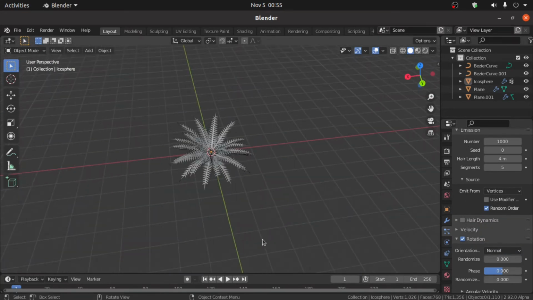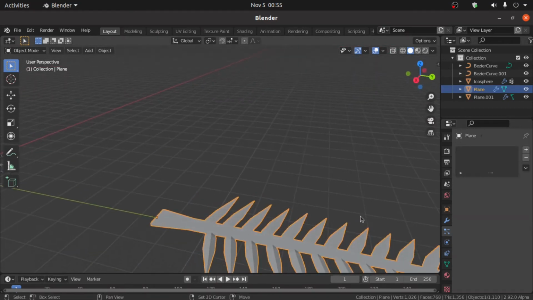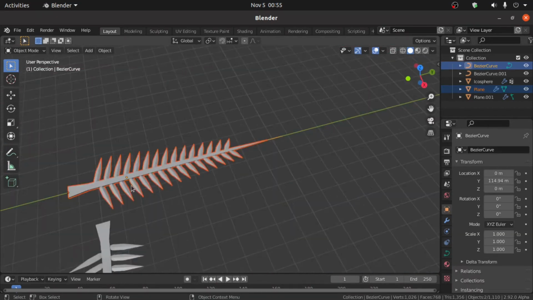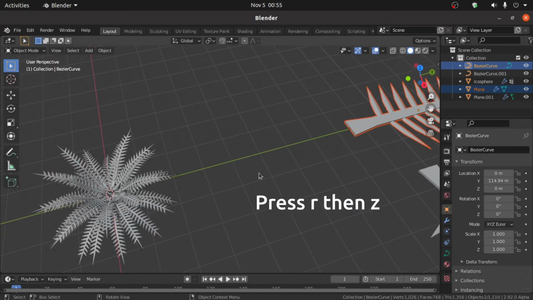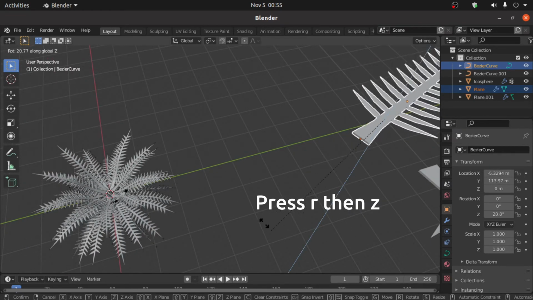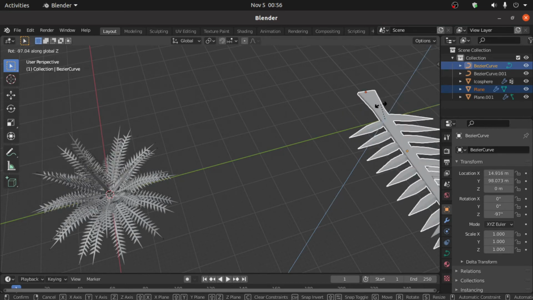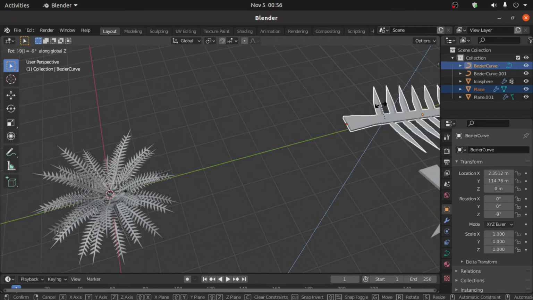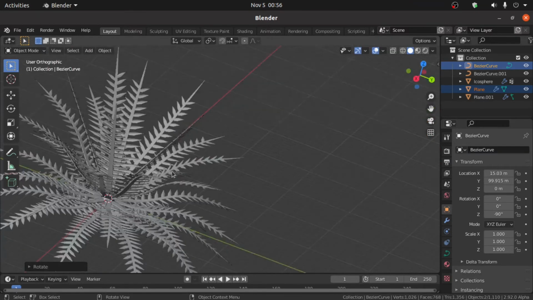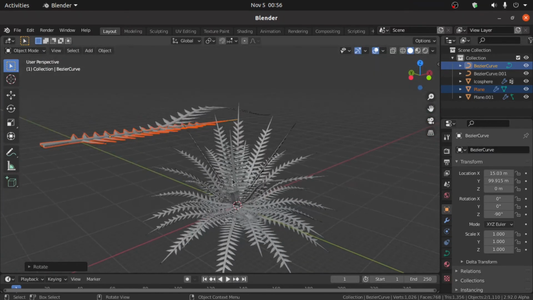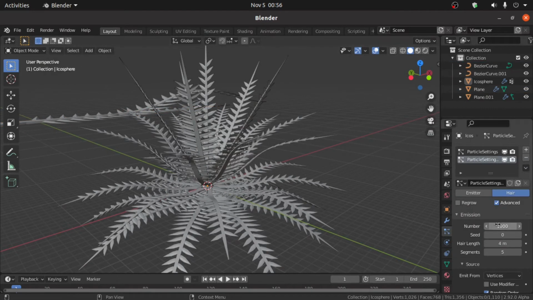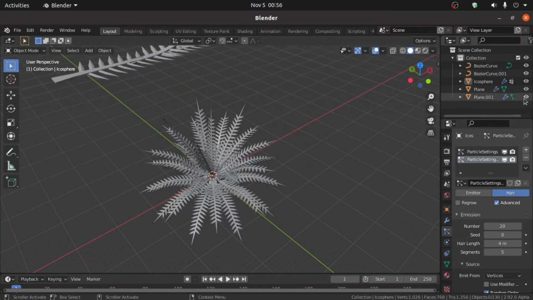And we have to also rotate its leaf. So select this leaf, then holding shift click on this Bezier curve, then press R, then press Z to rotate on Z axis, something like this. That is minus 90 degrees. Now you have this nice leaf. You can play with hair particles number around 20. Yeah, that is enough. And also hide this plane 1 and plane 2, so you can see it clearly.